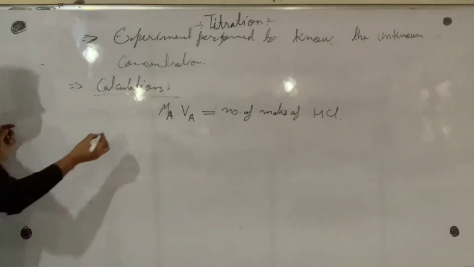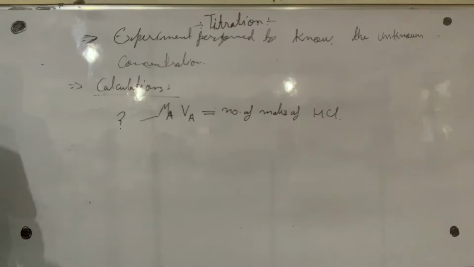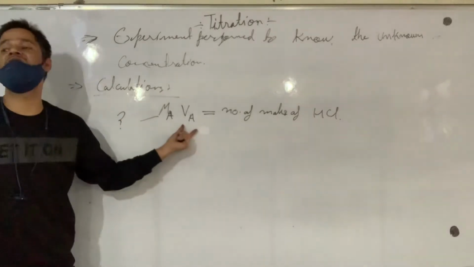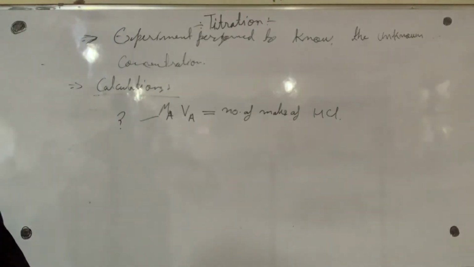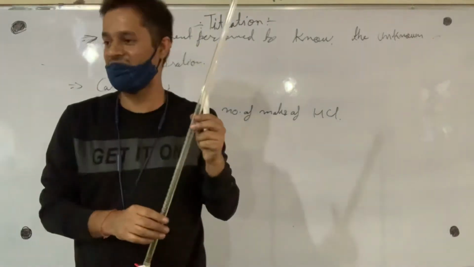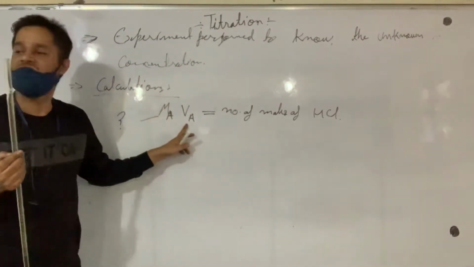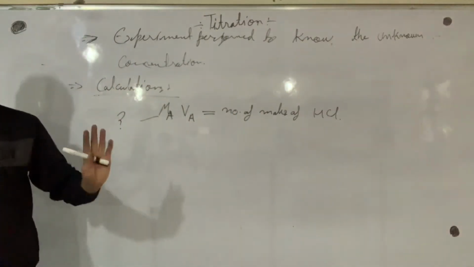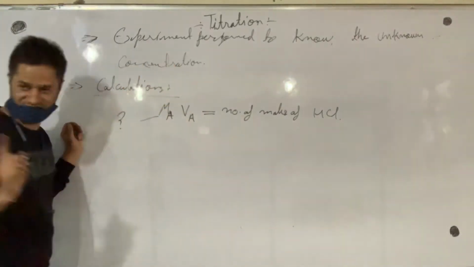We have to calculate this, if it is not given. VA is the volume of HCl. From where? This volume is from the burette. The volume you have noted from the burette will be the volume of acid. Got it? MAVA is equal to number of moles of HCl. Next,